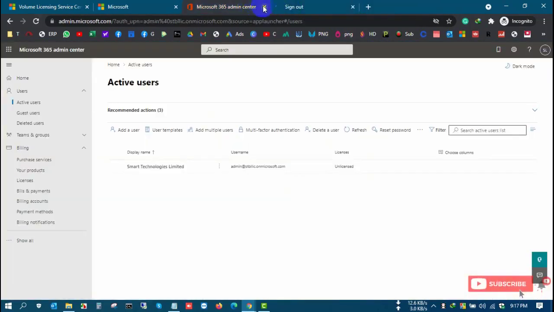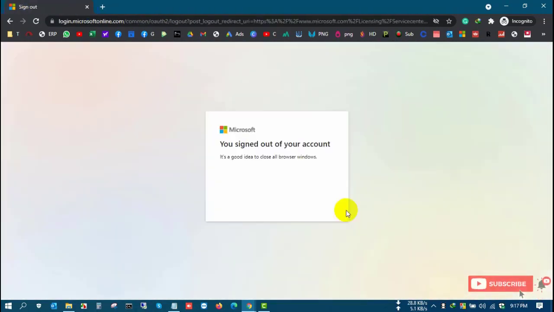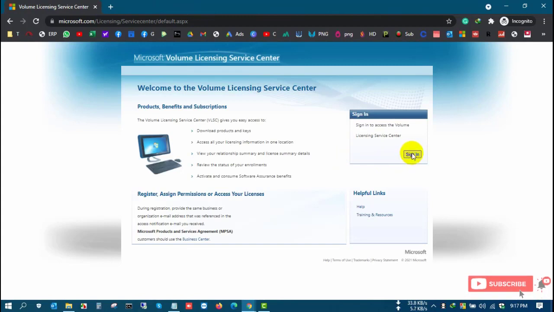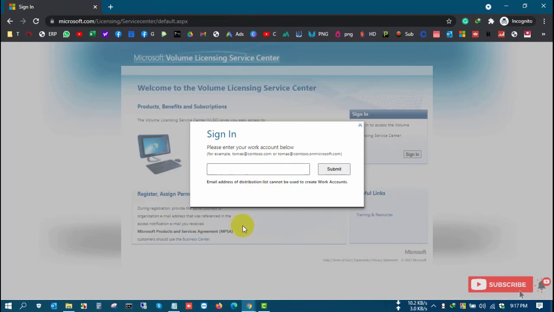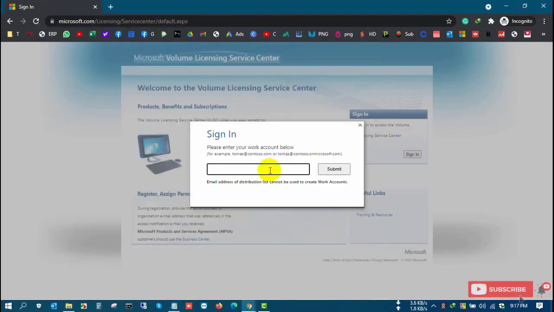Now I close this account, close all tabs, sign out and sign in again with this Microsoft 365 account and check whether the action required notification comes or not. I'm signing in with my recently created 365 account. I input it here and submit.